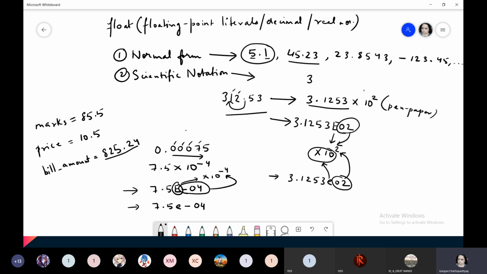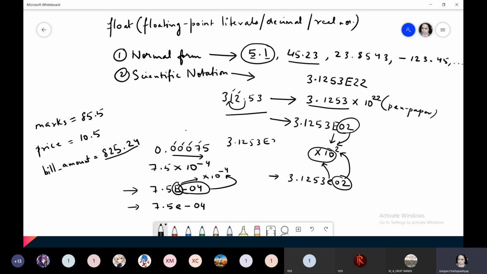You cannot write it this way. You have to write 3.1253 and then you have to write into 10. So that into 10 will be represented by this character E, which represents exponent. Here the power is 2, so we have written 02 after E. Ma'am, what if the power is a 2 digit number or a 3 digit number? It will be like this. If it is, suppose, raised to the power 22, you will write it this way, E22. We will not write 0. 0 is only written in order. See, you can write it this way also.